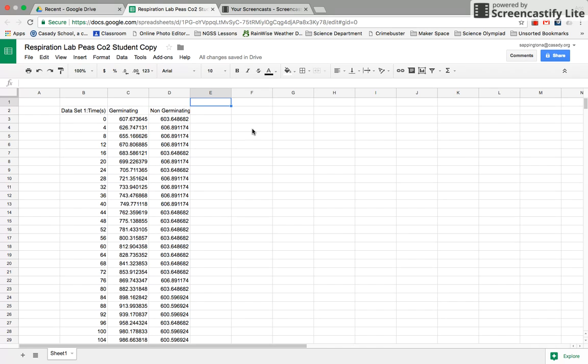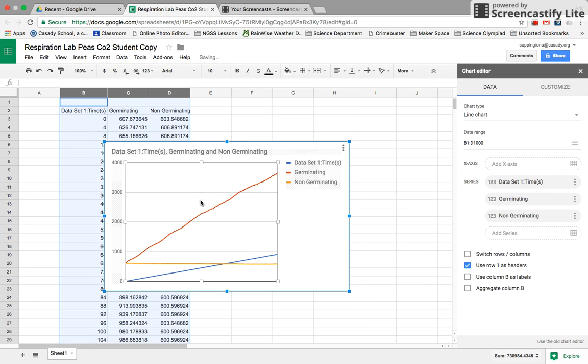So here we go. What you're going to do next is highlight. You could highlight these 3 columns. The easiest way to do it is to just highlight up here at the beginning and drag across so that all 3 columns are highlighted. And then we're going to go over here and click on the chart button. And it's going to come up with a basic